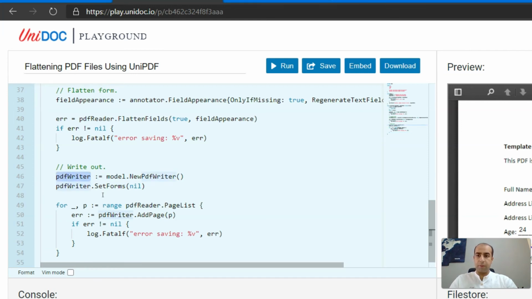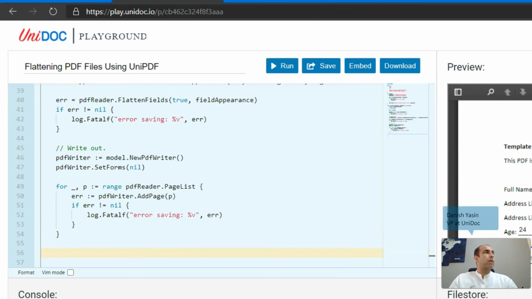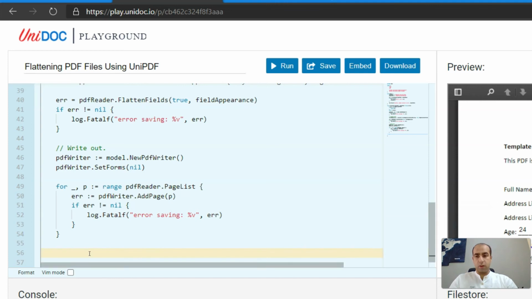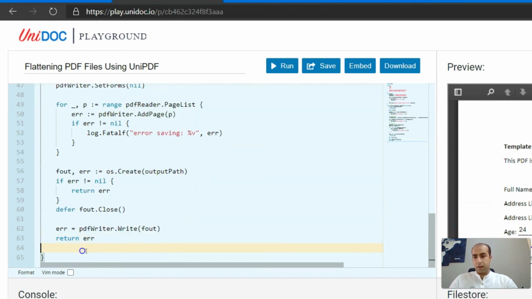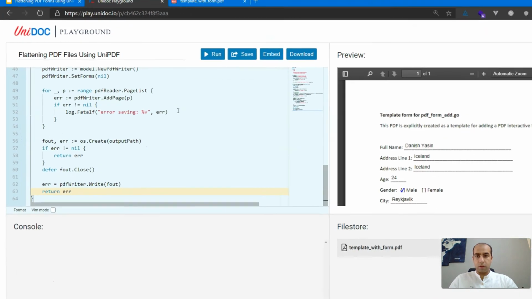For that, we declare a PDF writer, iterate through the pages of the input file, and write each page into the output file using the PDF writer. Lastly, we create the output PDF file by using the os.create method, handle everything else, and return an error